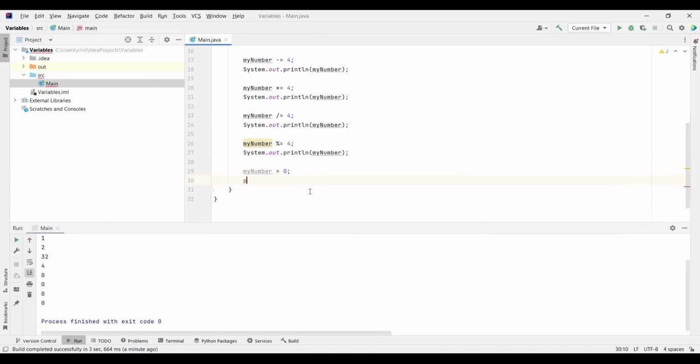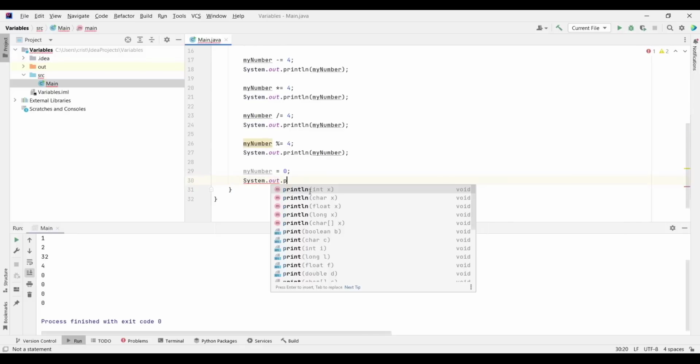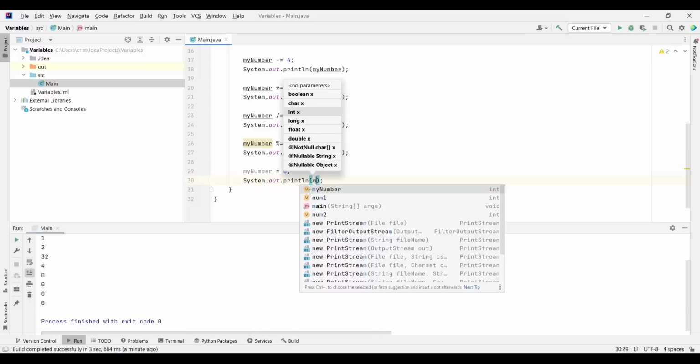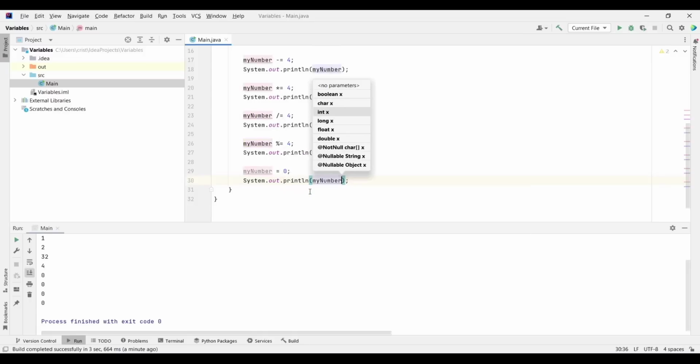And now if I add a print line here, system.out.print, and let's say that I want to increment my number by 1. What I can do is I can type my number, and this is called postfix incrementation because we are incrementing at the end of the variable. So we're typing here plus plus.